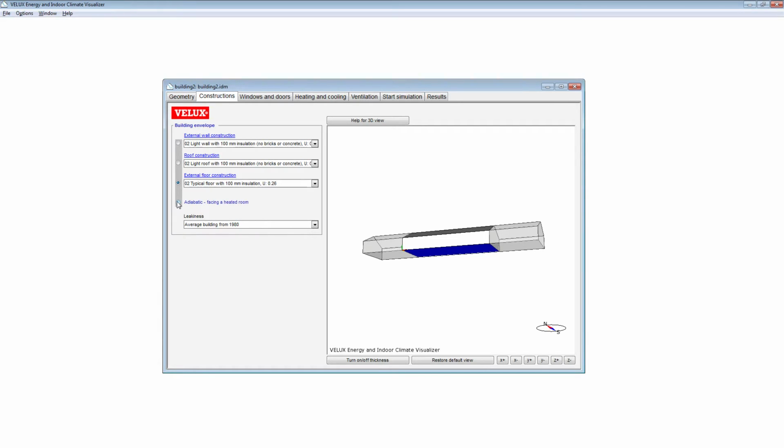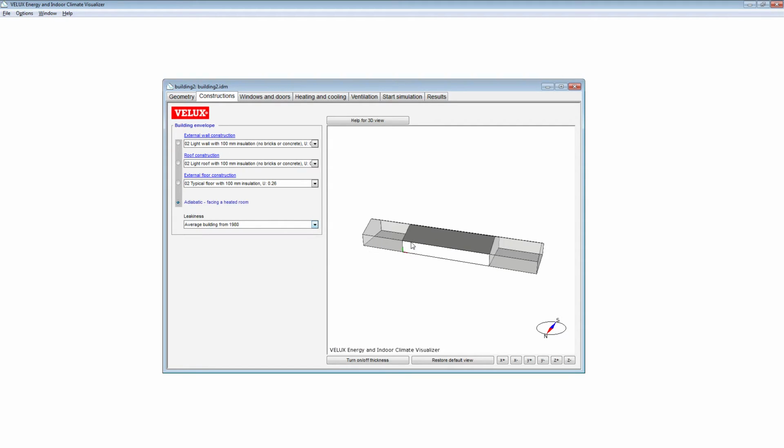Then we should actually treat this as an adiabatic situation, which means that we have a thermal mirror that neglects heat loss through this particular surface. If this apartment is in the middle of the building, we should do this for the roof as well, of course.